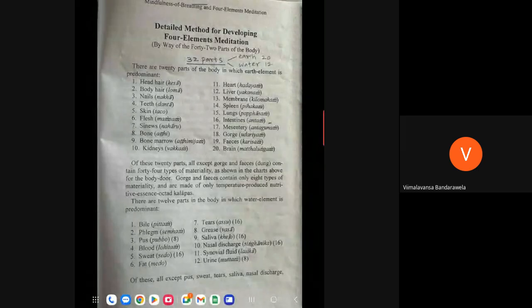32 parts. Yeah, good. Now you see, actually, I told you in this 4 element meditation, you have a detailed method as well as a brief method. Here, it is mentioned as the detailed method, 32 parts, and you have again 10 types of materiality. I will explain next day. That is the temperature borne 4 types of materiality, and air borne 6 types of materiality. So altogether 6 and 4 are 10. Then 32 parts become 42 in the detailed method.